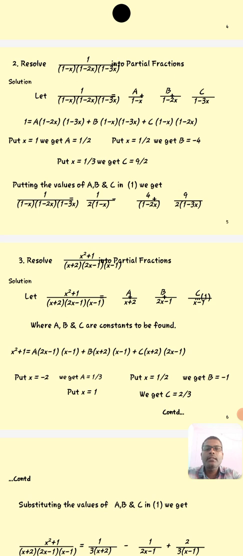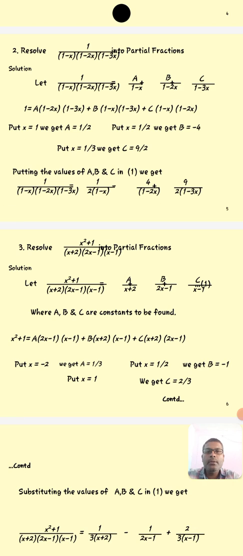Here how many values are there? The 3 values are there. Those are A is equal to 1 by 2, B is equal to minus 4 and C is equal to 9 by 2. Putting the values of A, B and C in 1 we get. Okay. Whenever the A value is there, the same value we have to substitute 1 by 2. Wherever the B value is there, the B value minus 4 we have to substitute, and C value is there, the C is equal to what? 9 by 2 substitute. That is 1 divided by (1 minus x) into (1 minus 2x) into